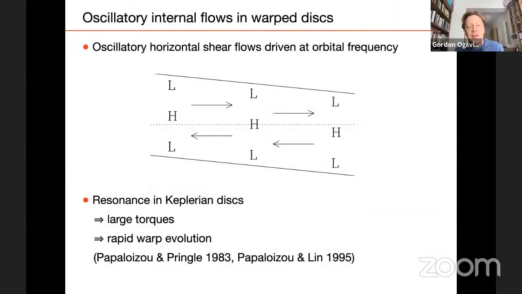So now regarding this oscillatory internal flow, that is particularly interesting in the case of warped disks. Now in a standard disk, there is a stratification of the pressure in the vertical direction perpendicular to the disk plane. So we have high pressure on the midplane and low pressure away from it. That's basically a hydrostatic balance between the pressure gradient and, well, the small component of the gravity of the central object that's pulling you down towards the midplane.